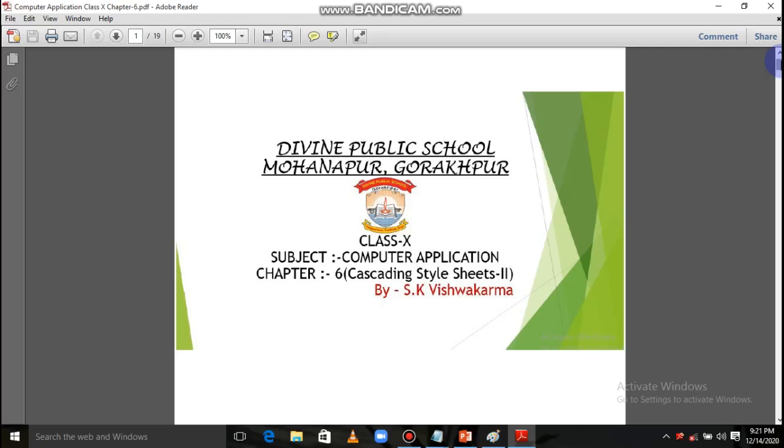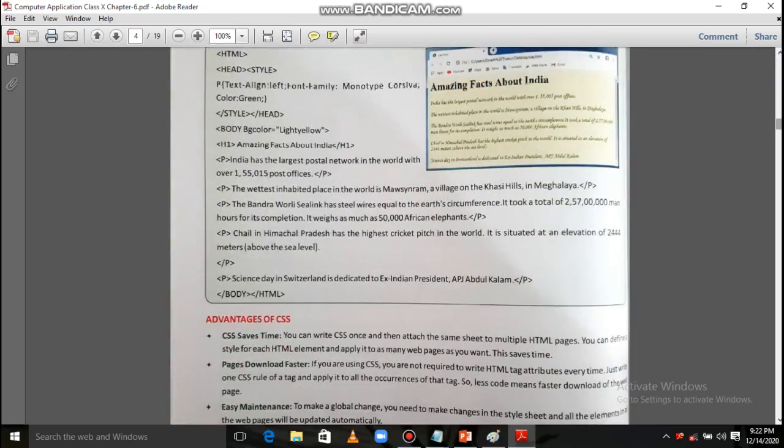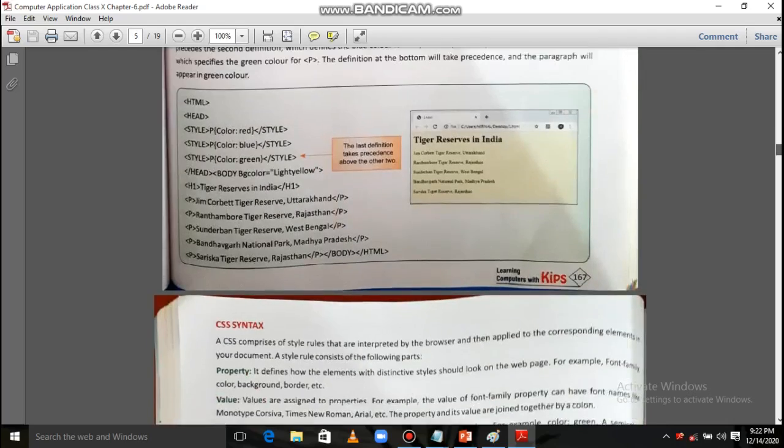Here I am going to tell you about CSS selector, internal CSS, how to apply, external CSS, how to apply, and along with this we have discussed inline CSS also. So let us see some examples. Let me tell you one example about the precedence, how the CSS will work. It is the same example as given on page number 167, which tries to tell you which one has higher precedence. So with the same example I am going to do it.